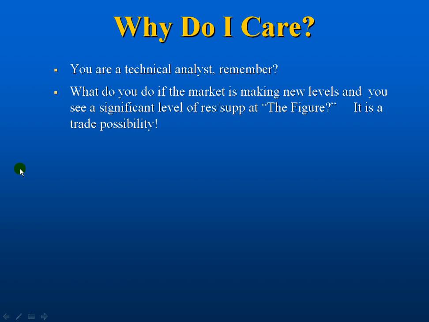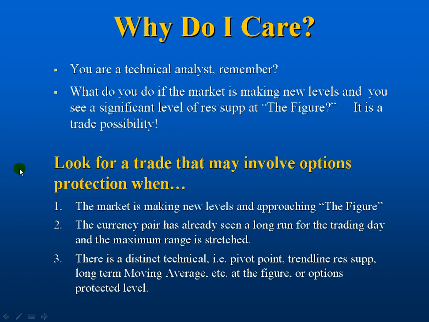So what do you do if the market is making new levels and you see a significant level of resistance or support also that converges with the figure? It is certainly a trade possibility, as we'll see. You can look for a trade that may involve options protection when the market is making new levels and approaching a figure,